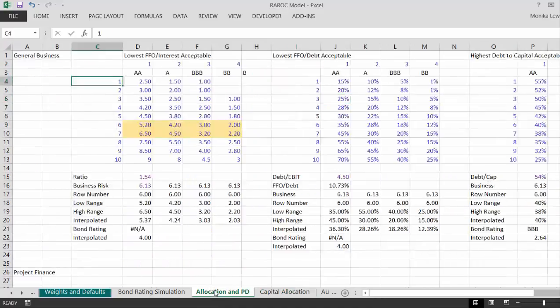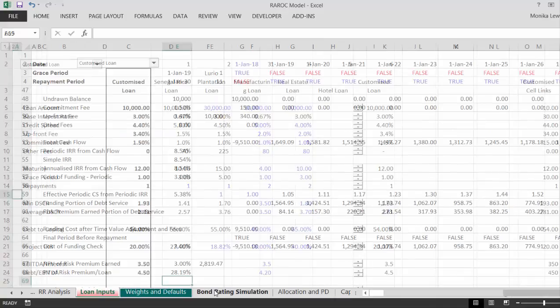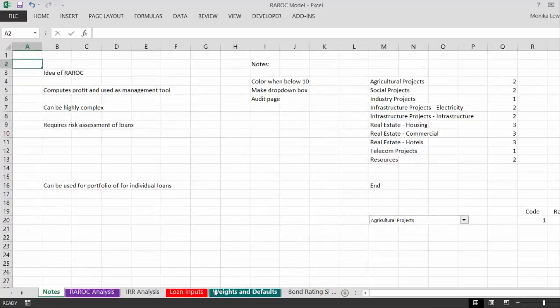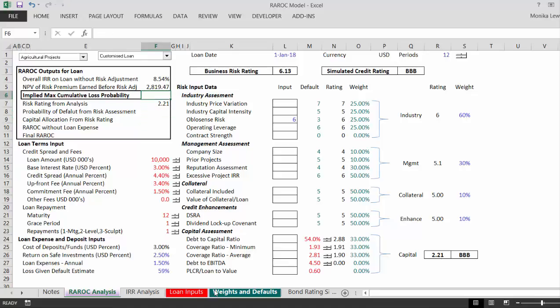Now, to do all of this, here are some of the tools we're going to use. We're going to have to use the interpolation again. We're, of course, going to use match and index a whole bunch. We're going to do some cash flow analysis in the IRR sections. And we're going to use a dynamic